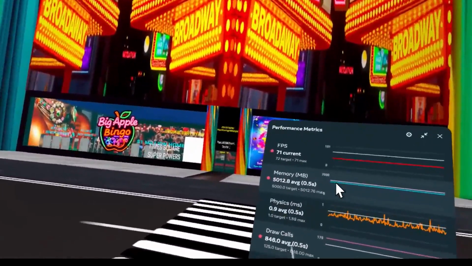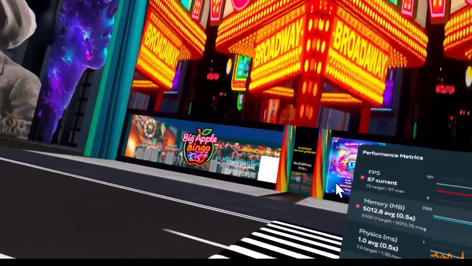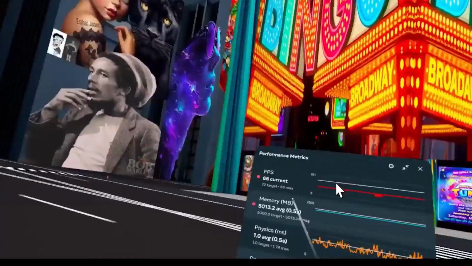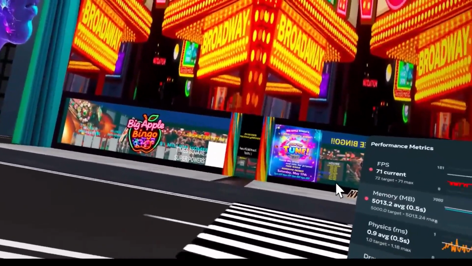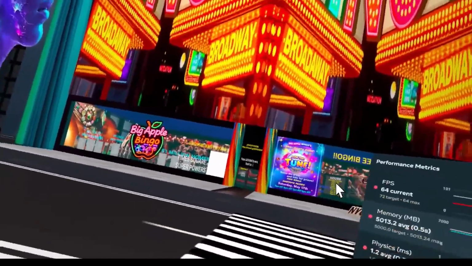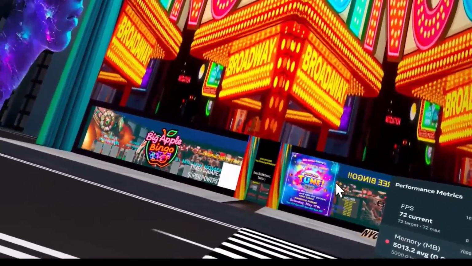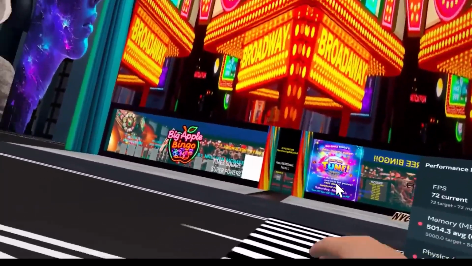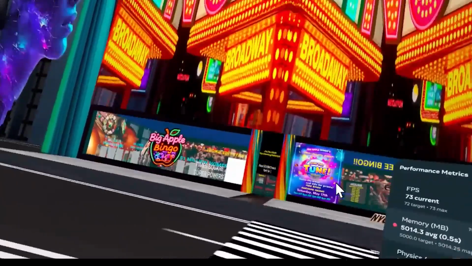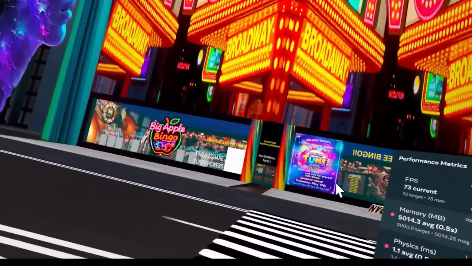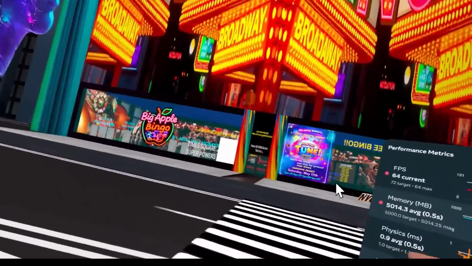We can see now the draw calls went all the way up to 800. So it's telling me, hey, every time that the player passes through this area, they have to download more than 800 additional draw calls. And remember that how the world works is basically kind of like downloading a game live, right? So the more the player explores the world, the more information they're going to start downloading into their headset. And sometimes downloading that much information at once is going to cause those crashes and situations that we often